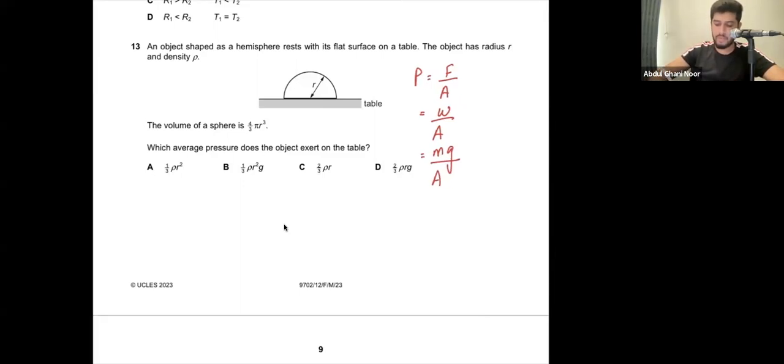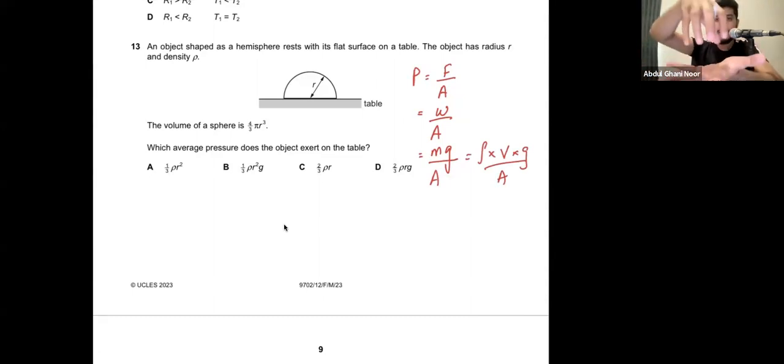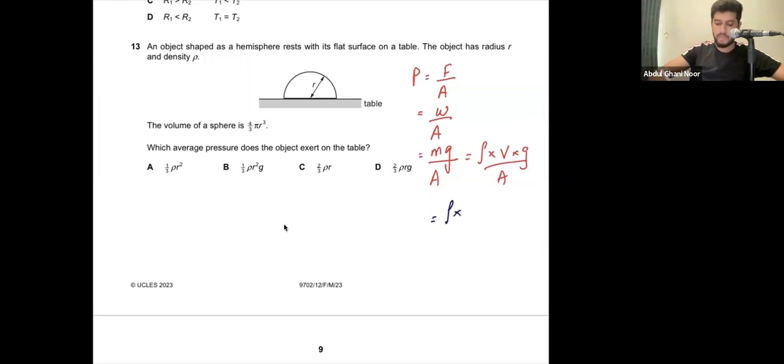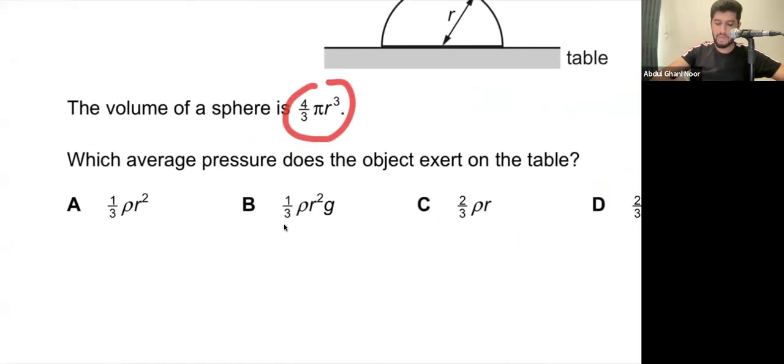सही, यहां पर मैं सिर्फ इसका फॉर्मूला जो डिराइव करने की कोशिश कर रहा हूं। मास की जगह मैं लिख देता हूं डेंसिटी इंटू वॉल्यूम इंटू जी अपॉन एरिया। नाउ आई सब्स्टिट्यूट। नाउ फॉर अ हेमिस्फेयर, कैन समबडी टेल मी, एक हेमिस्फेयर है, इसका जो बेस एरिया होगा वो कौन सा शेप बनता है फॉर अ हेमिस्फेयर? तो हेमिस्फेयर का बेस एरिया क्या होगा? सर्कल होगा, बिल्कुल मुस्तंसिल। तो मुझे पता है कि डिनोमिनेटर में सर्कल का फॉर्मूला आएगा। जब स्फेयर का फॉर्मूला 4/3 पाई आर क्यूब है, तो हेमिस्फेयर के लिए जो कि आधा होता है, हेंस हेमिस्फेयर, वो हो जाएगा 2/3 पाई आर क्यूब।